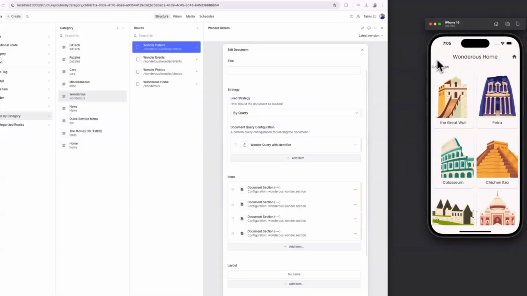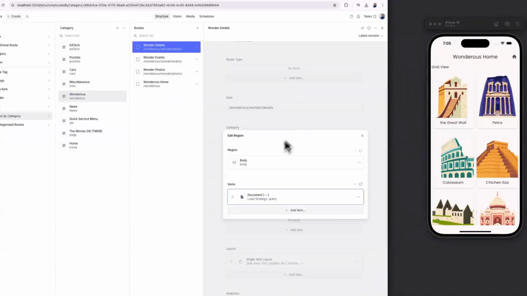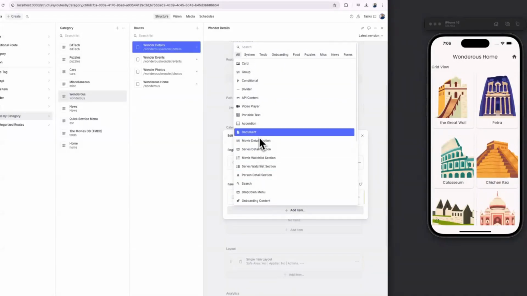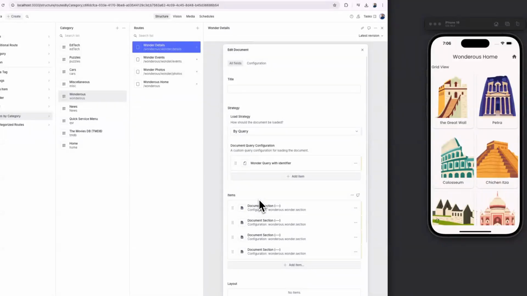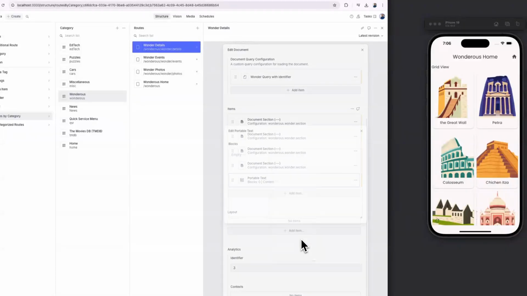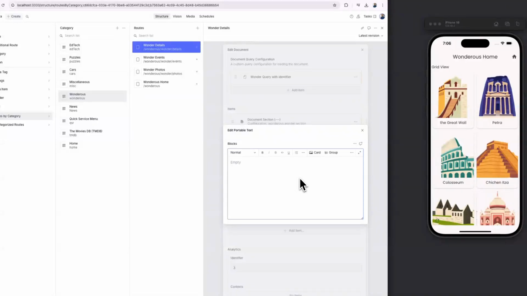So now with these two views, which is the document view, you could actually add a new document just like we did over here. And then within the document, you have the ability to add multiple items. So you can even add items which are not related to the document section. So for example, we support all of the different items which you can just intersperse between the various sections of a document. So for example, if I just want to add, let's say, portable text,